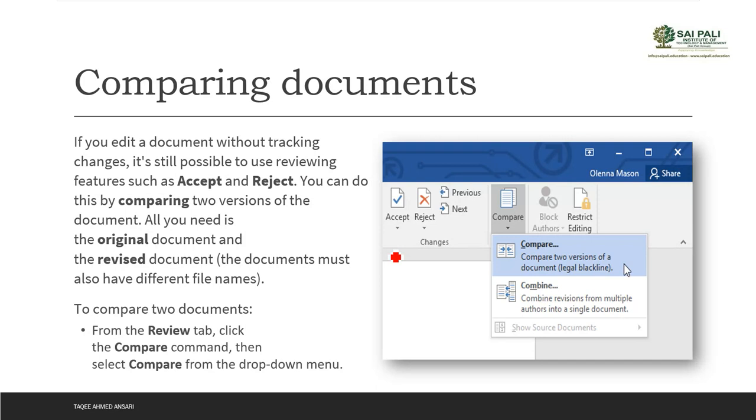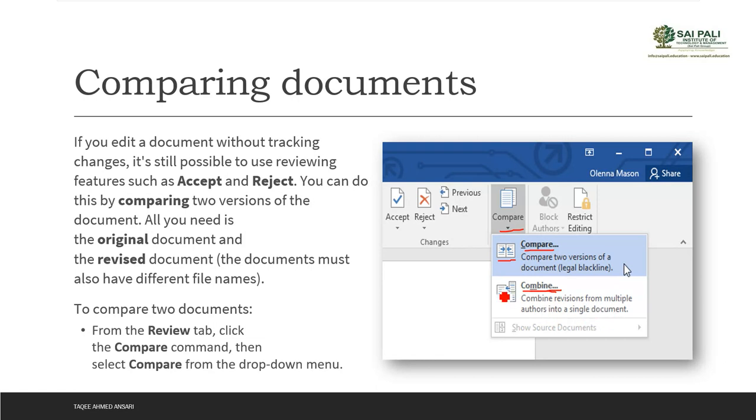For that, I will go to the Review tab and click on this Compare command. There are two options there, Compare or Combine. As it says here, compare two versions of a document, that means legal blackline, it will compare two documents directly. Or you can use Combine if you have 2-3 documents, that means combine revisions from multiple authors into a single document.